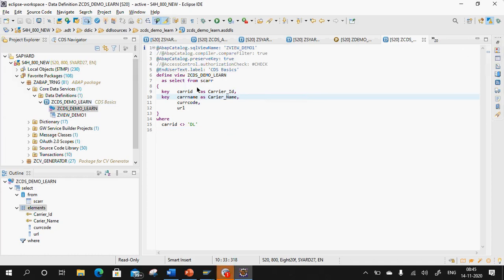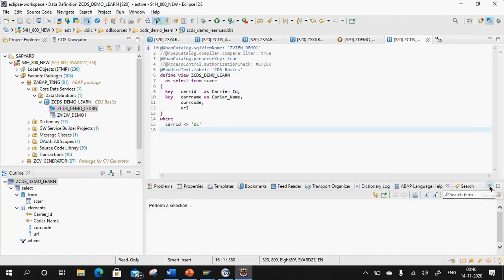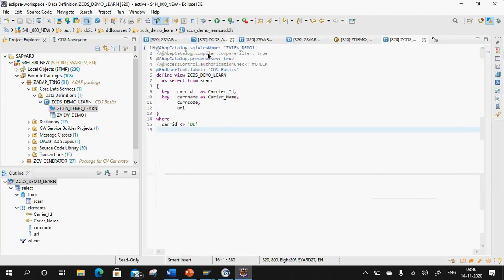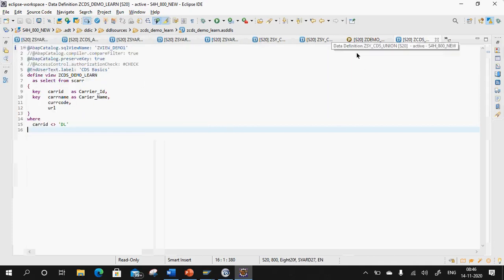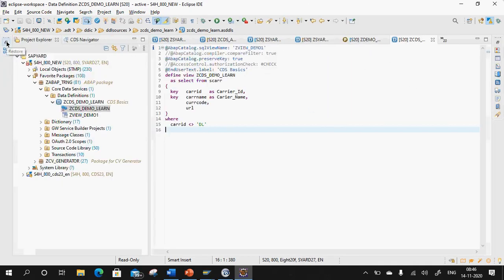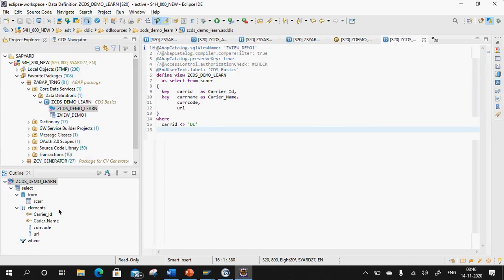Or otherwise do one thing, whatever all this you are getting, click on, say if I restore it here, this will come like this. Okay, minimize it here, fine. If you don't want this, minimize it here, and if you don't want this, minimize it here. This completely gives you a bigger picture. If you again want whatever it is, restore it here. Okay, this will come like this. If you want it here, restore it here, this will come like this. Got the point, Aditya?